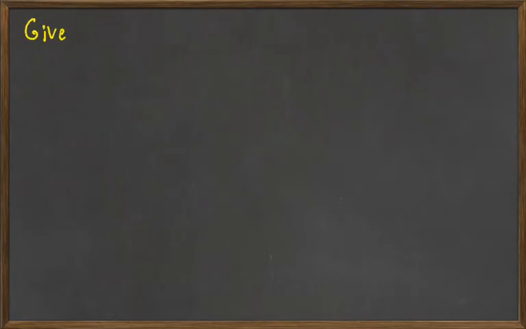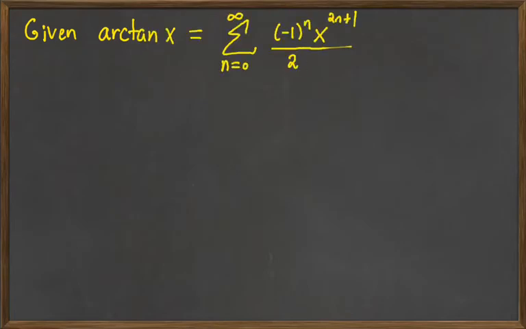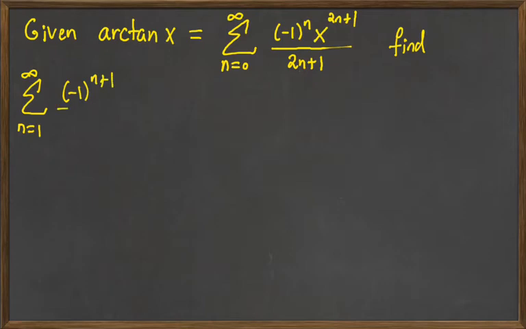So here we're going to be given the arctan formula. The arctan of x is going to be the sum from 0 to infinity of -1 to the n, x to the 2n plus 1 over 2n plus 1. And what they would like us to do is use that formula to find the sum n equals 1 to infinity of -1 to the n plus 1, 3 to the 2n minus 1, and then 2n minus 1. So if we're going to try to get it to fit this formula, we're going to roll